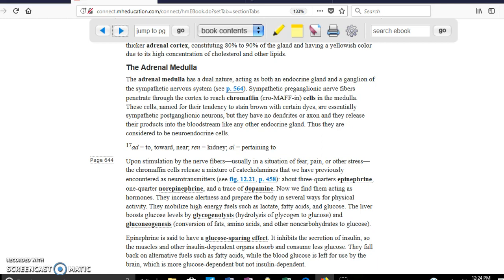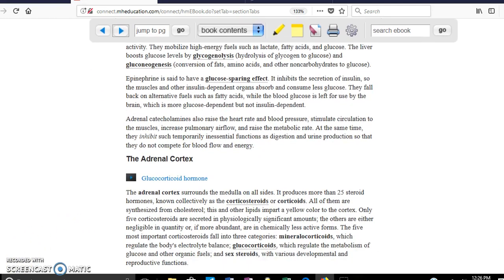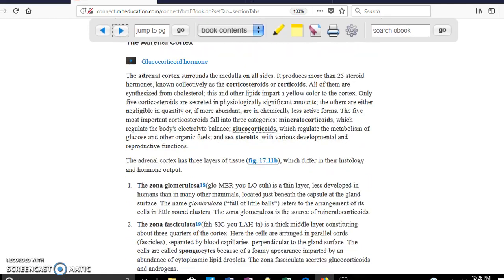For example, when we're going to have physical activity, we're going to increase our heart rate and respiratory rate, and in order to do those things, we need to use a lot of energy. Therefore, there's going to be a lot of use of glucose in order to maintain this fight or flight type of action that we need to have. So it's very important to understand then that the adrenal medulla is going to produce epinephrine, norepinephrine, and a little bit of dopamine. Okay, the next area is the adrenal cortex, where we said we have three different zonas: zona glomerulosa,